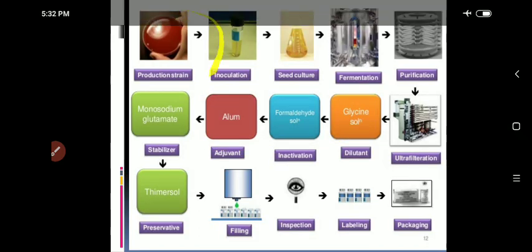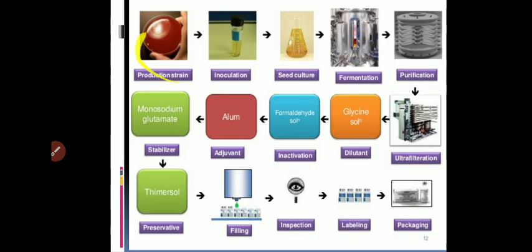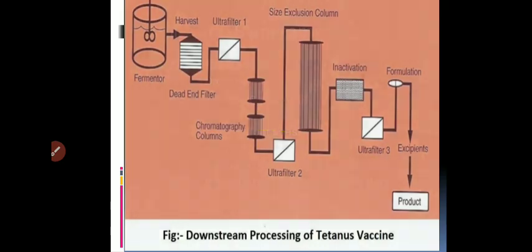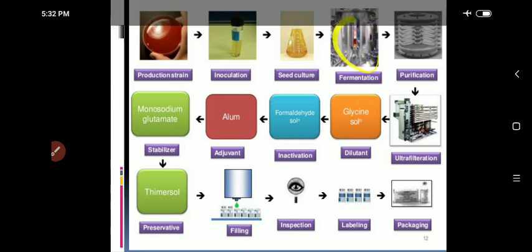पहले तो हमने क्या किया, our production strain, it was present in the different ampule. So these ampule, it was poured into 200 to 300 medium and a proper seed culture was developed. After the production of seed culture in the thioglycolate medium, it is added in the fermentation tank. Here actual production of tetanus toxoid is carried out. Different types of nutrients, aeration and agitation is provided and the fermentation process is completed.